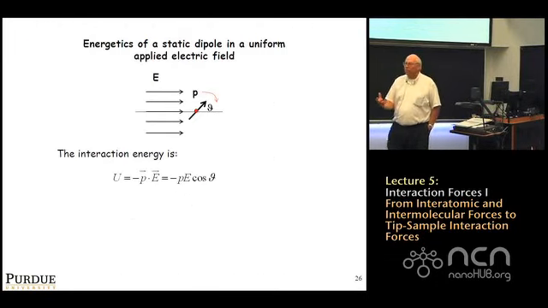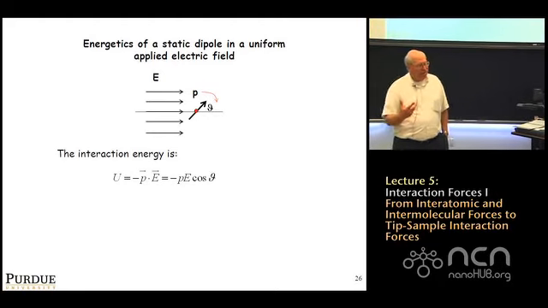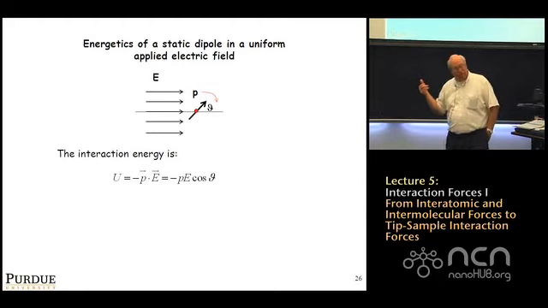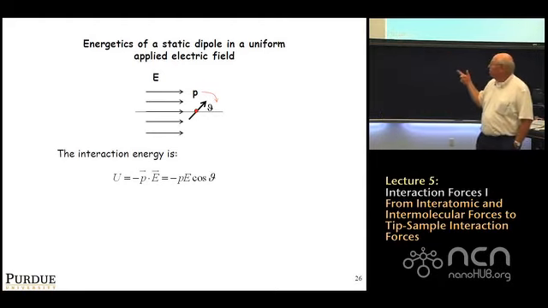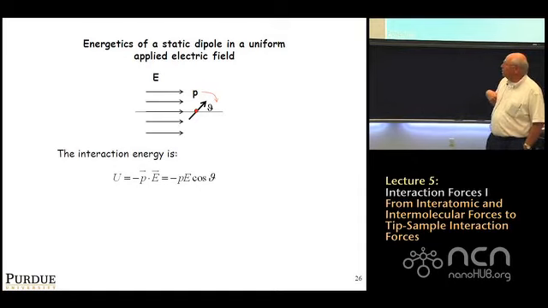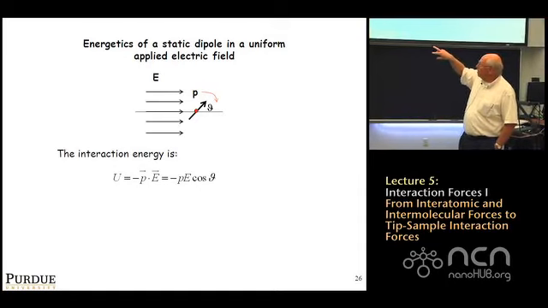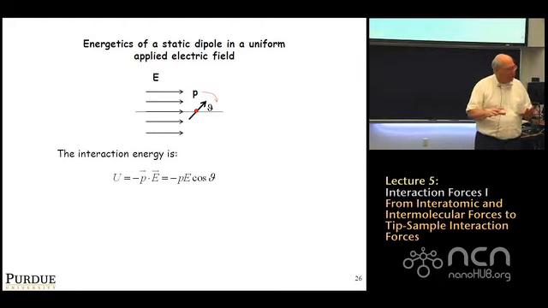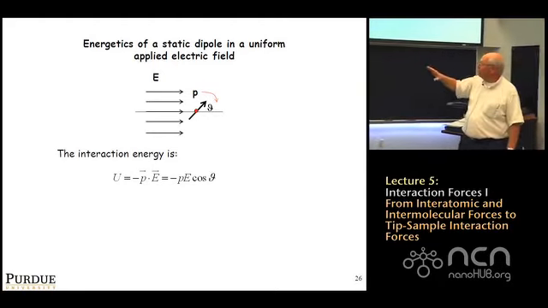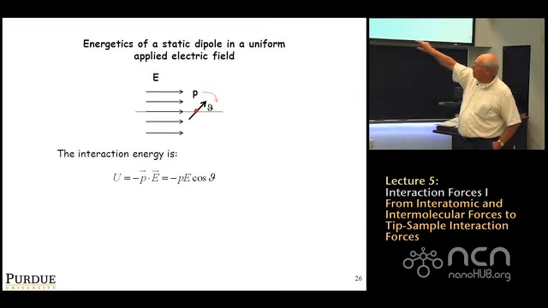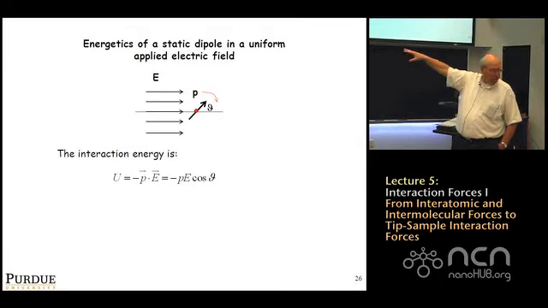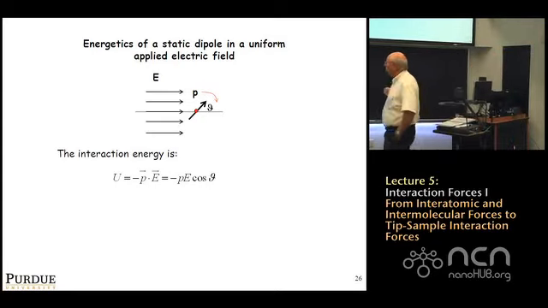What's the energetics of this dipole in an applied electric field? The energetics are given by this simple formula, minus P dot E. So again, there's an angle, cosine of theta, and this angle theta is going to tend towards zero if all things are equal. If you put a dipole in an electric field, and if that dipole is free to rotate, theta will tend to zero to line up, to make the energy as small as possible, taking advantage of the interaction potentials. So that's important because now